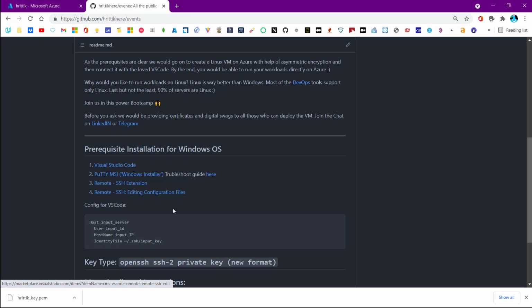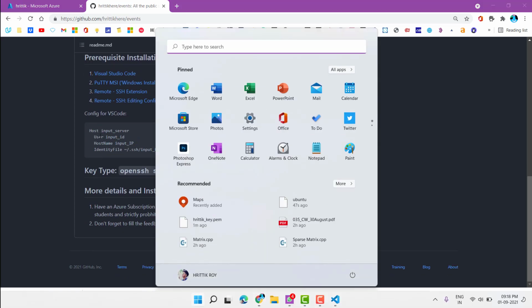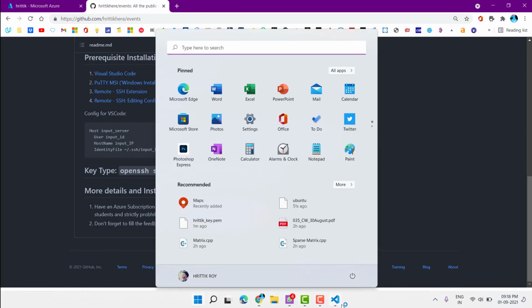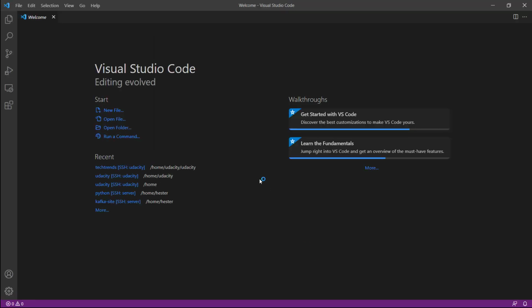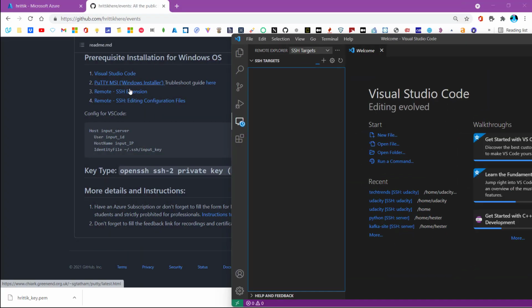Then go to the button on the window and click on Remote Explorer. This is provided by the extension, so don't forget to download those 2 extensions, and click on configure.